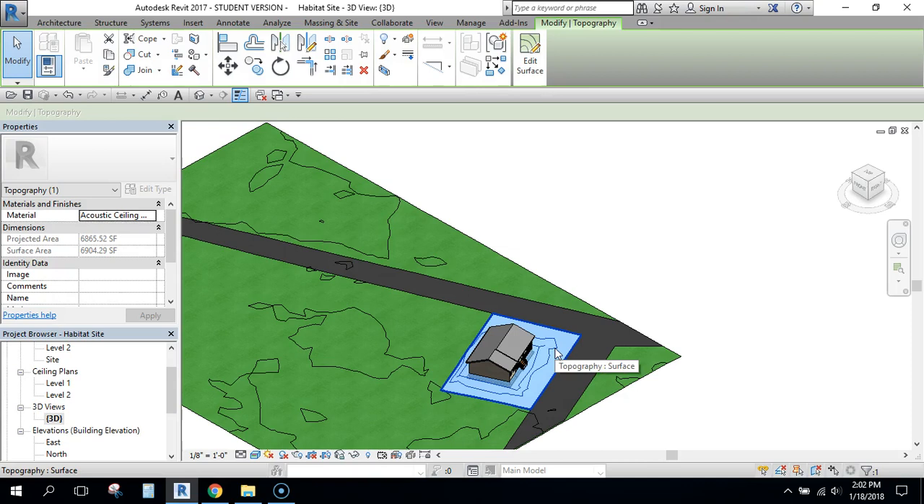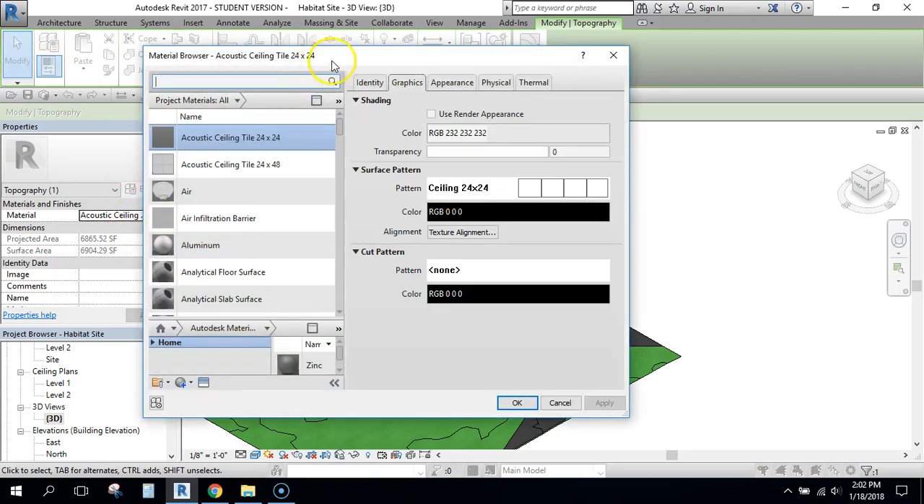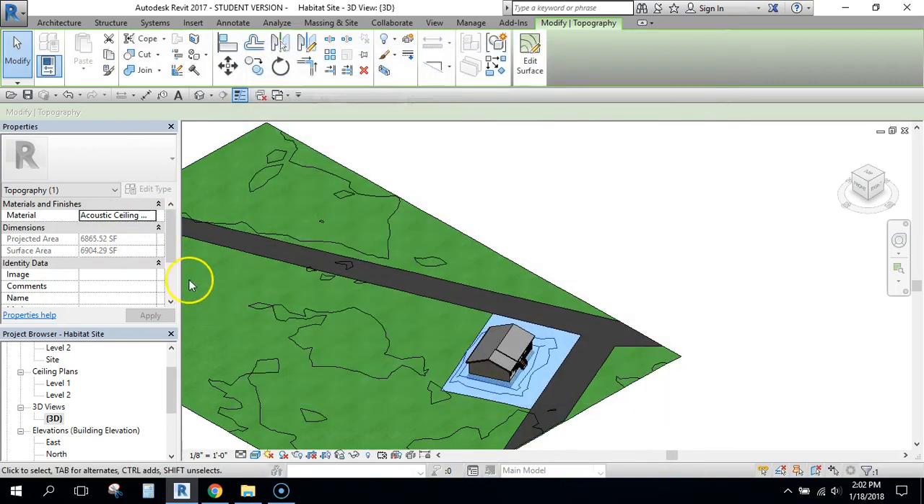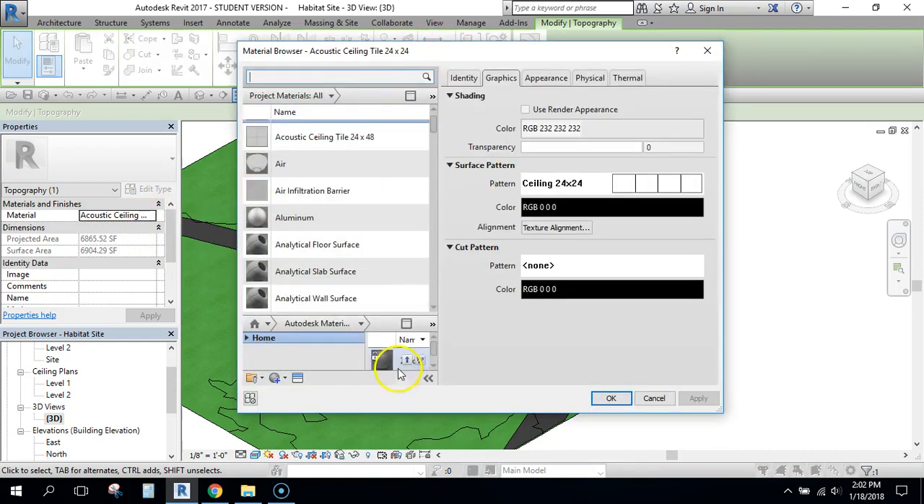So I'm going to click this surface, and right here you can tell, for whatever reason, it defaulted to an acoustic ceiling surface, so we don't want that, obviously. I clicked the three dots beside acoustic ceiling tile, and I'll be able to change my surface. Now, unfortunately, there is not a grass in here. I had to create that, so I'll show you how I did that. You come down here and just click create and duplicate material. So I'm going to create a new material,